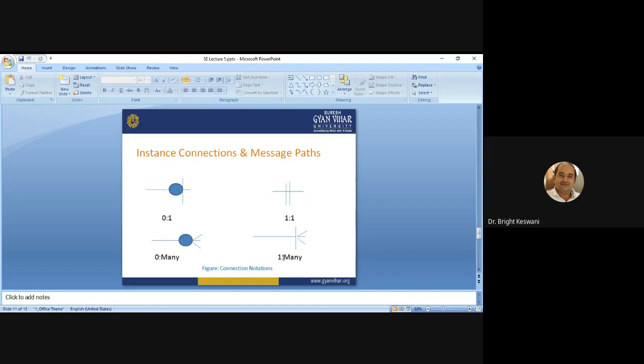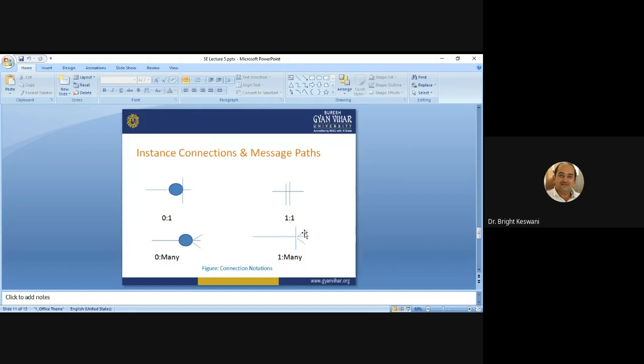For a one-to-one connection, the line is annotated with a single bar. A one-to-many connection is annotated with a three-fork symbol, which is shown in this figure.